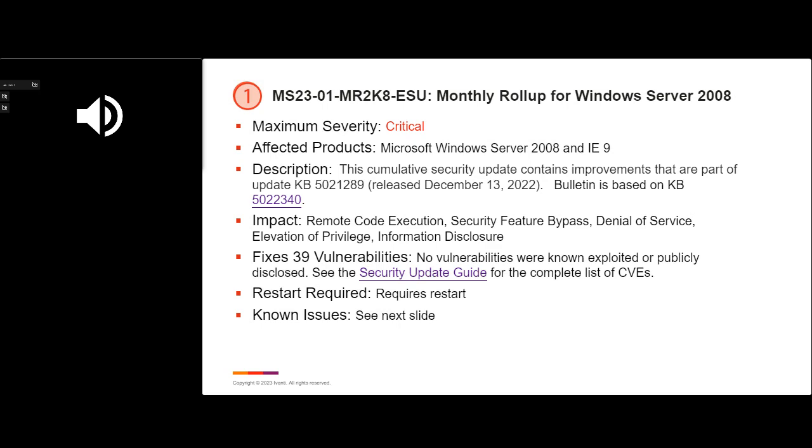They don't do previews in December usually. So they actually just kind of reference back to the original December release as far as the cumulative update goes. This is the monthly roll-up. You'll notice that neither of those, publicly disclosed nor the exploited one, are an issue in this particular operating system.